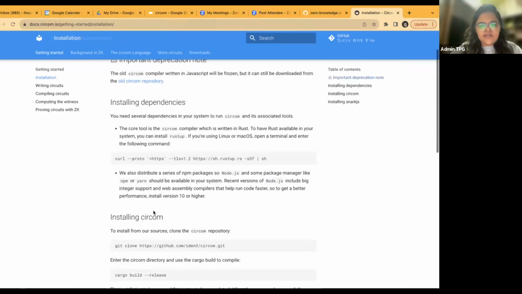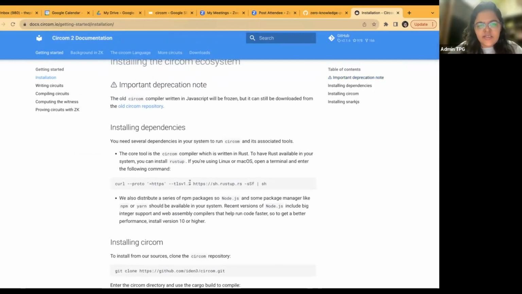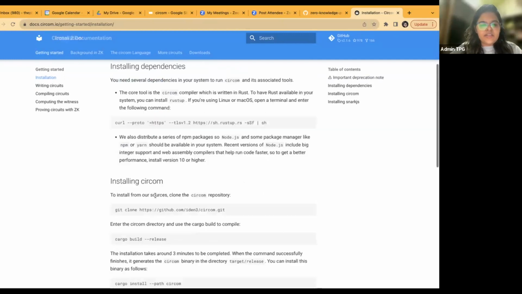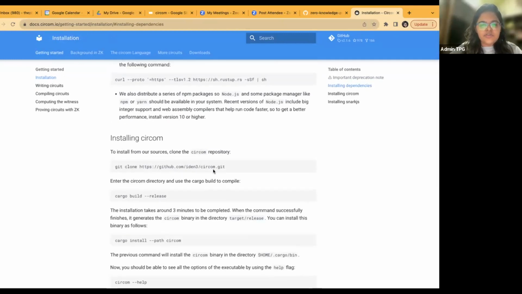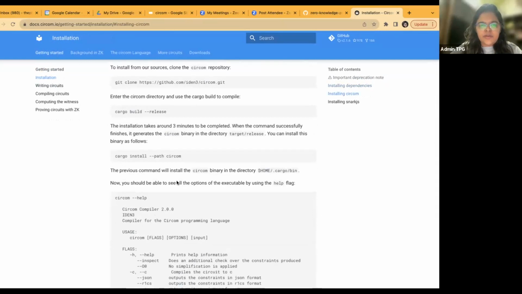You need some sort of Rust modules to install Circom, but it does that internally itself. So if you open the Circom repository on GitHub, you will see that a lot of underlying scripts are written in Rust, and it's pretty interesting. But it's very straightforward to install Circom. You can just clone the GitHub repo, and then